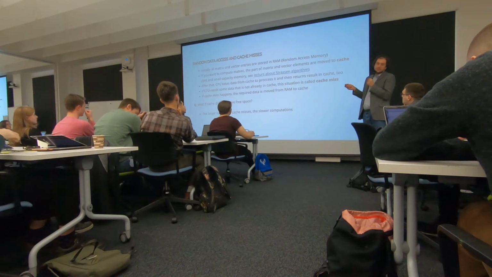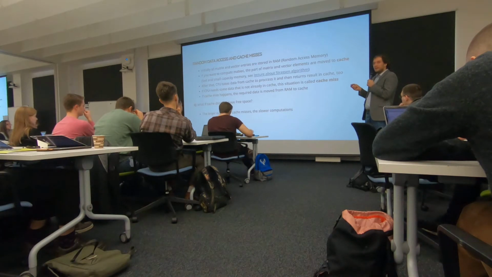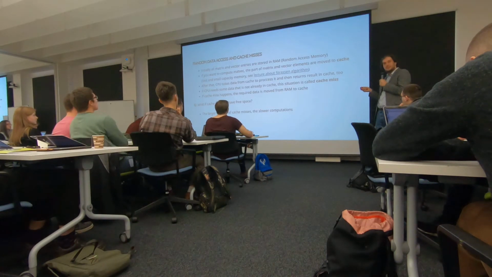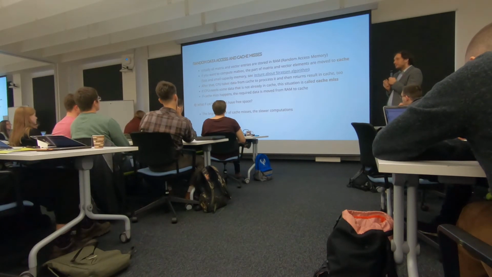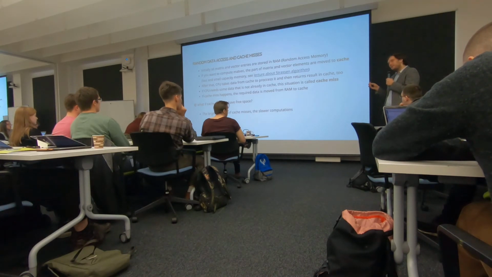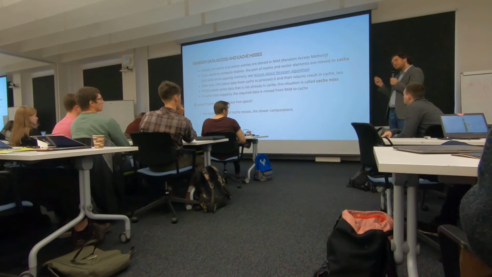But before I explain that, let's understand what's happening. All elements are stored in the operative memory. When the CPU wants to make some computation, it checks whether the data is in the cache or in the operative memory. So if it's in the memory,